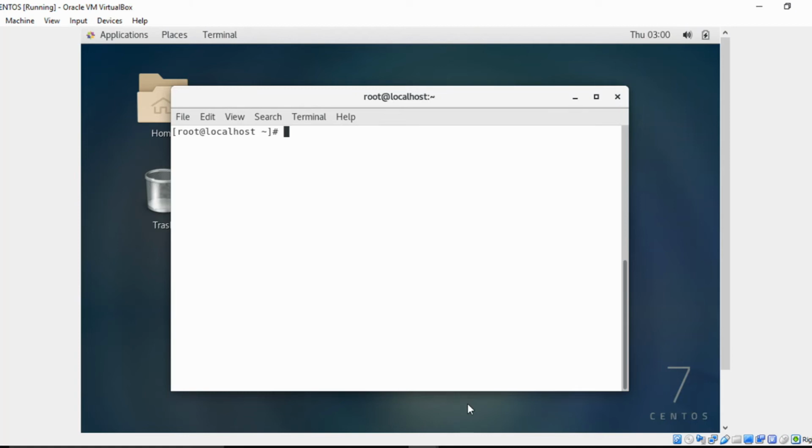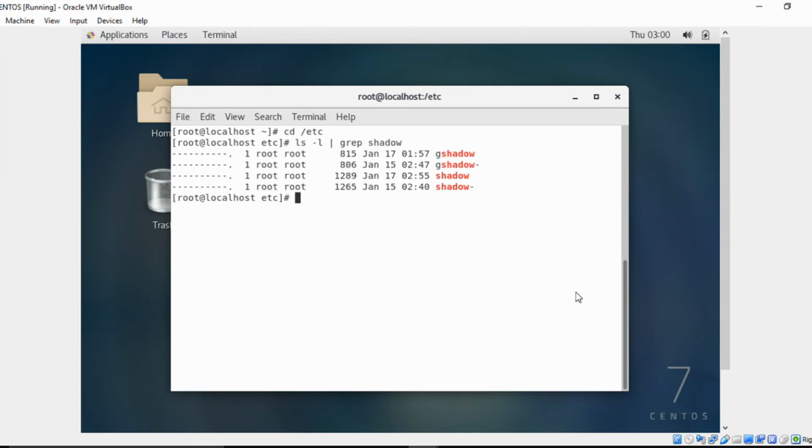But instead of actually creating an example for you, Unix actually provides one itself. So let me go ahead and show you what I'm talking about. Let's change directories into the etc directory. Let's do ls -l grep shadow. So as you can see, for the shadow file, which actually stores users' password information,